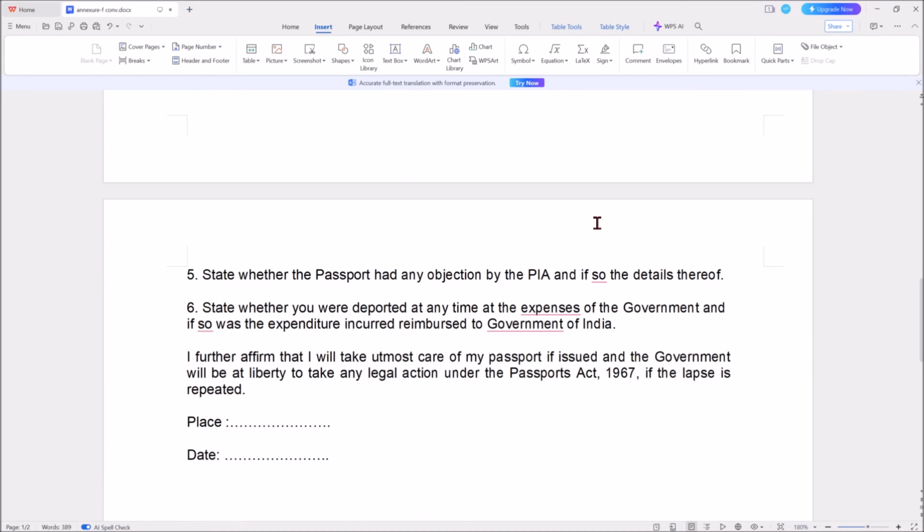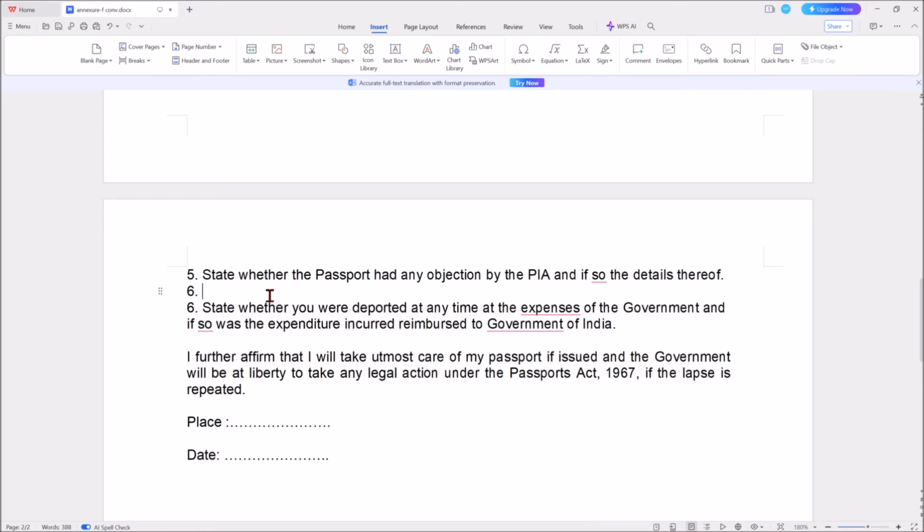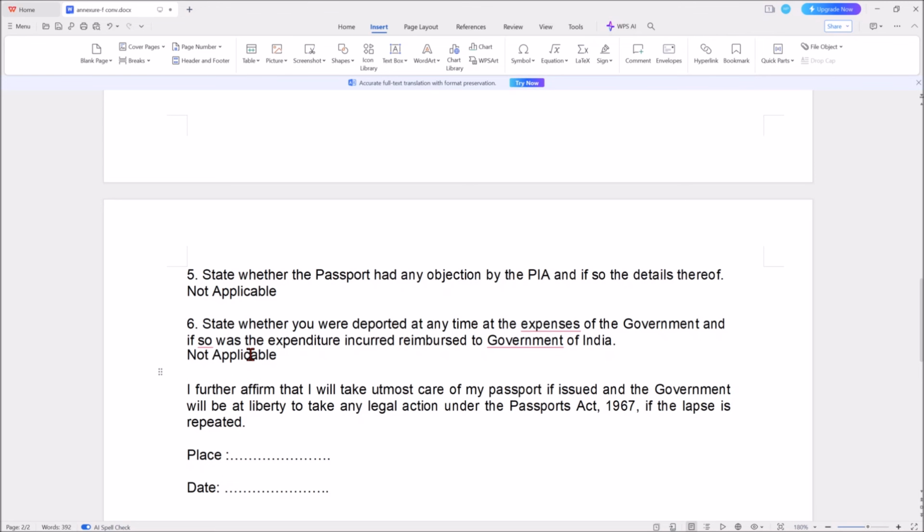5. Then state whether the passport had any objection by the passport issuing authority of India. In normal circumstances, there won't be any objection by passport issuing authority previously, so this is not applicable. State whether you were deported at any time at the expense of Government of India, and if so, was the expenditure incurred reimbursed to Government of India. In usual cases it is not applicable, but if you have ever deported, you need to mention the details,